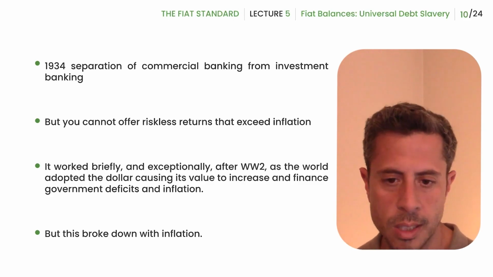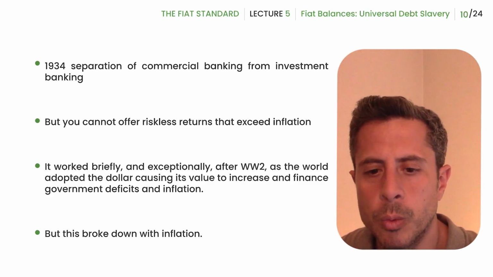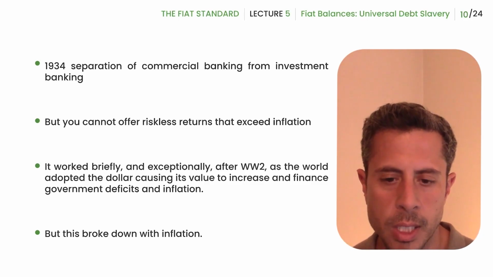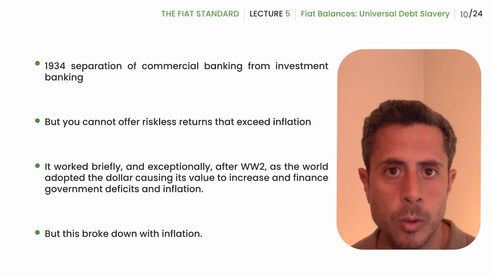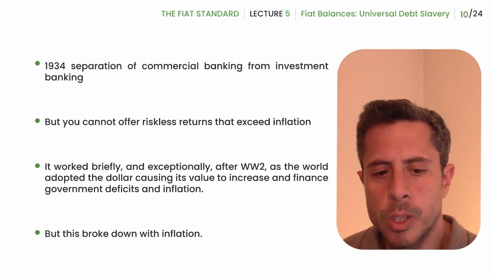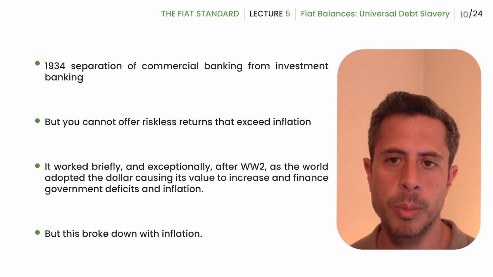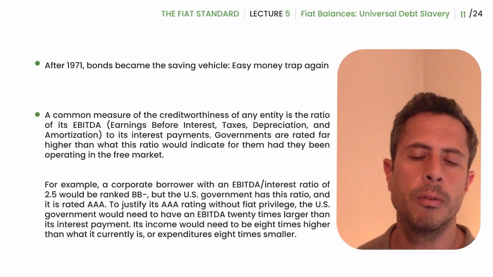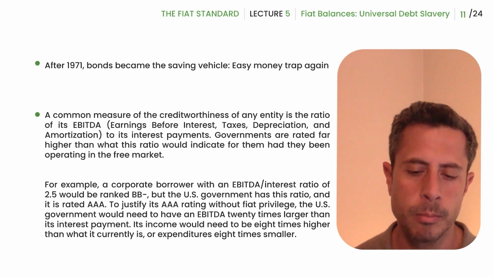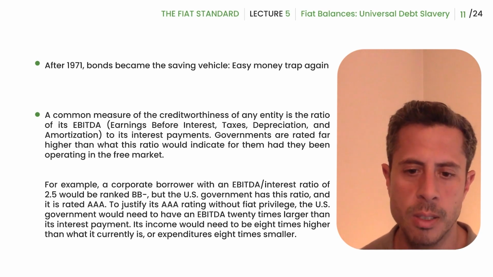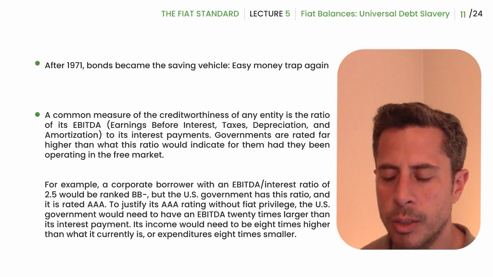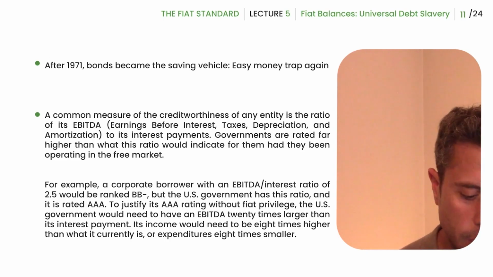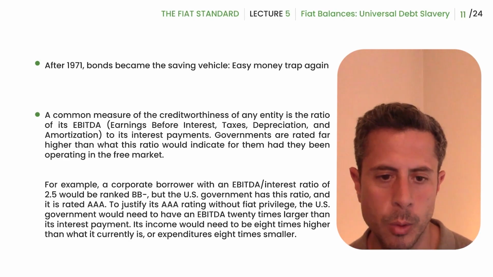And then in the late 60s, the money printing had gotten to a point where the US could nowhere near offer redemption of all of its outstanding dollars in gold, which is what it had promised to do. And so they canceled the gold exchange window. And that's when the inflation picked up. So it was never sustainable. The idea that we could just go back to this world of 1955 where inflation was low and savings accounts were offering these higher interest rates, in my opinion, is not sustainable. After 1971, this became clear. The savings accounts were no longer beating inflation.